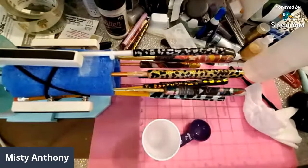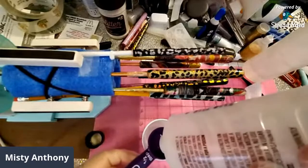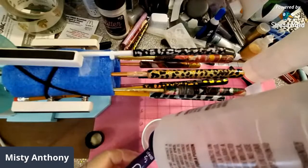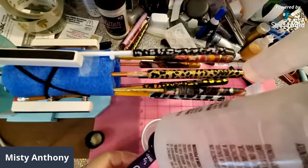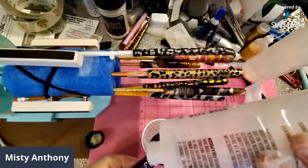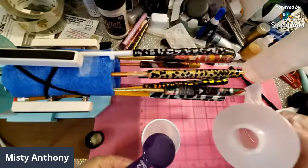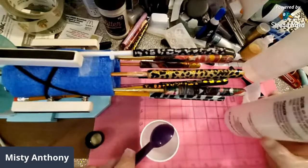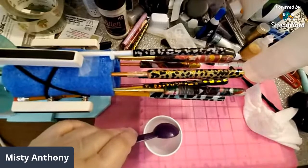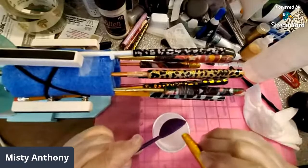So I'm gonna go ahead and put a tablespoon of hardener. And let me move the hardener off the table because I do not want to get it confused,